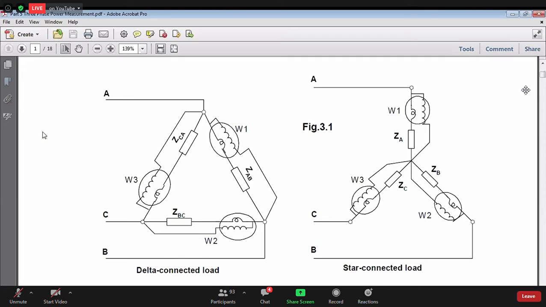So this is one of the simplest connections that you can have in a three-phase circuit. If anybody asks what you will require to measure three-phase power, irrespective of balanced or unbalanced, you can always say 3 wattmeters. Fine. That answer is theoretically correct. But there are a lot of practical problems.